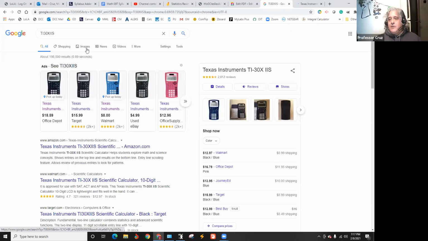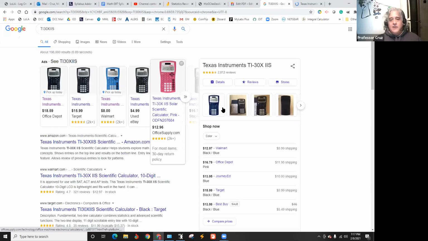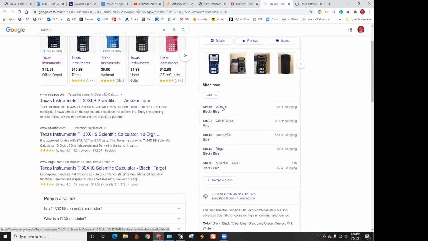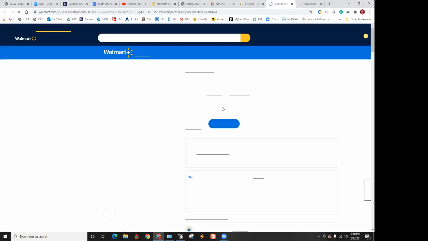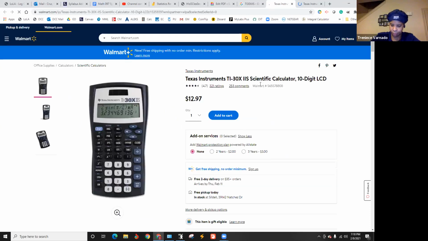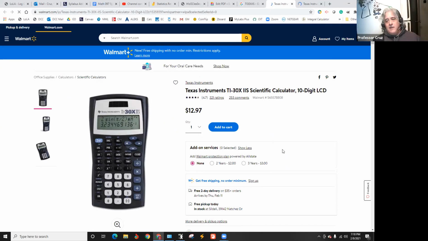They were $10, and now here's one that says Walmart $13. So yeah, it's actually $13. I work at Walmart. Walmart is usually the best price. So that's it right there. If you got that one, like I said, but for this test, I'm not going to ask you to go out and get a new one. Just